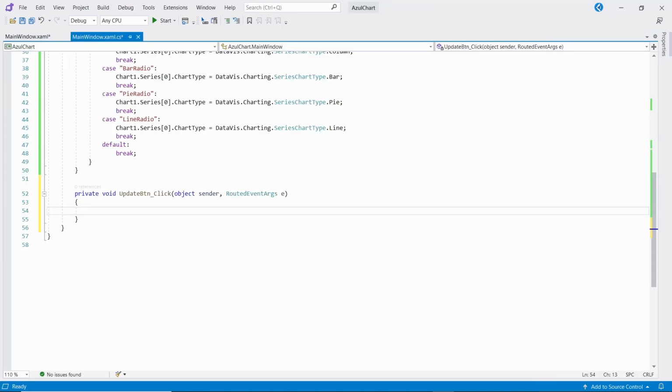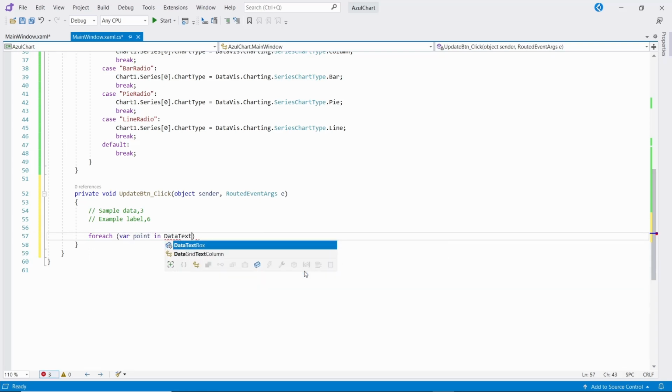So for the purposes of this demo, the user will need to add the data points on each line, separating the label from the value with a comma. I'll make a comment here with an example. So as you can see, on each line is a label and the corresponding data value. To start, let's write a for loop that will split the string on each new line, taking into account the different ways of representing a new line like so.